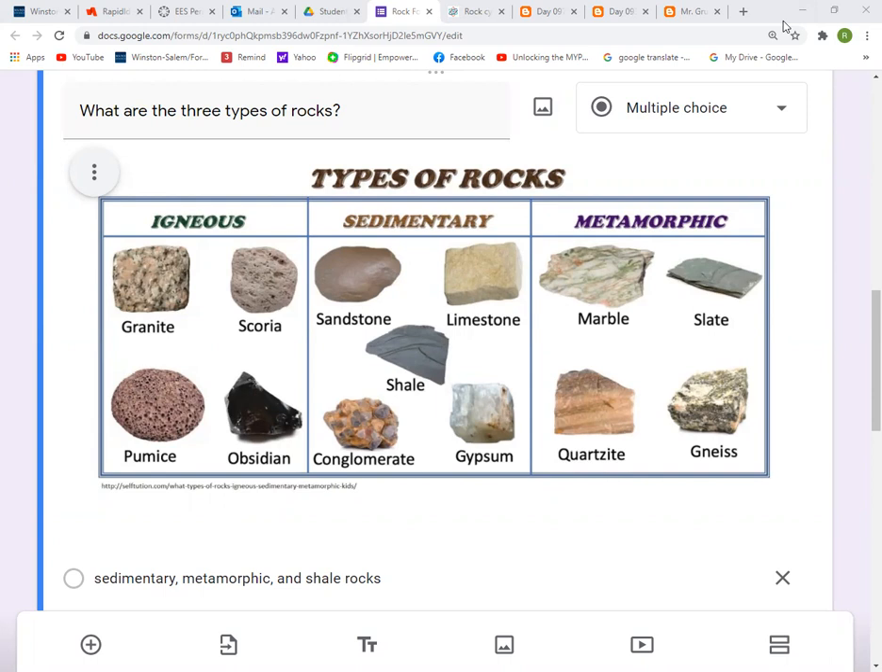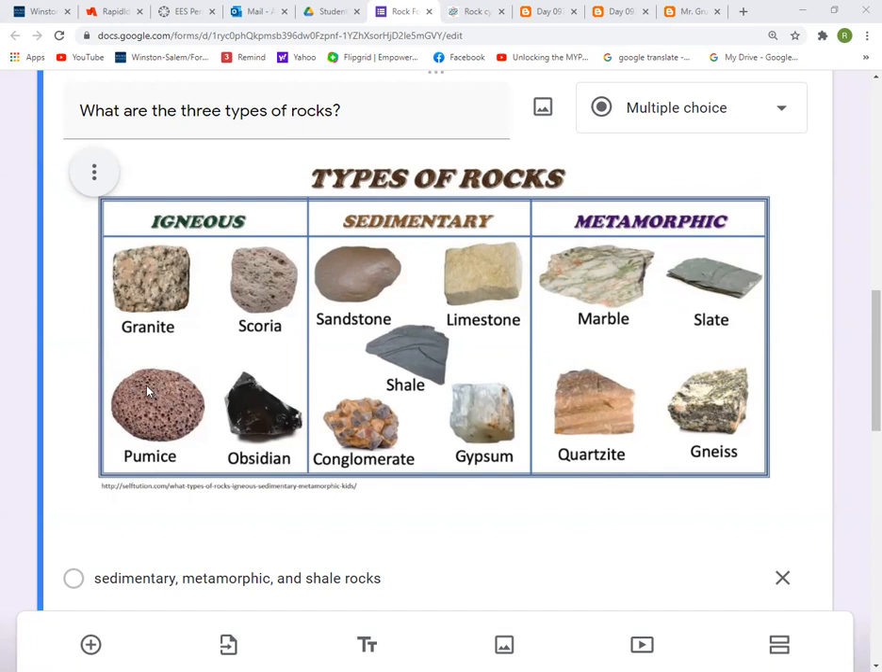So today we'll be learning about the different types of rocks. There are three types of rocks. We have the igneous, sedimentary, and the metamorphic rocks. For the igneous, our examples for this type of rock are granite, scoria, pumice, and obsidian. This pumice is an extrusive igneous rock, and we know that it is an extrusive igneous